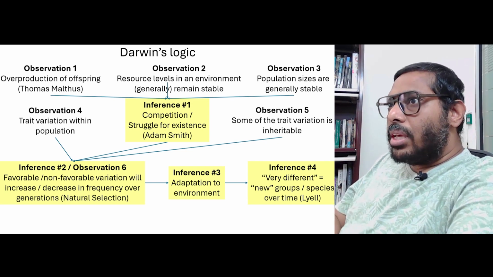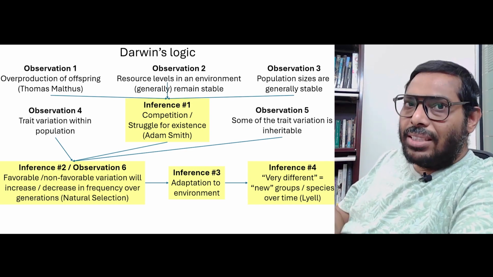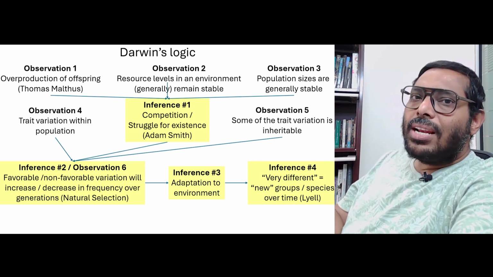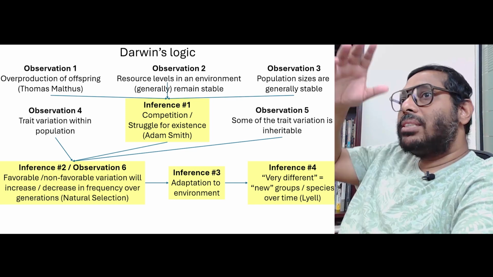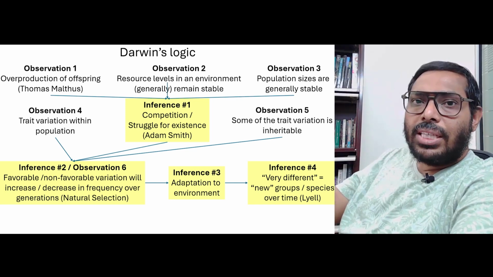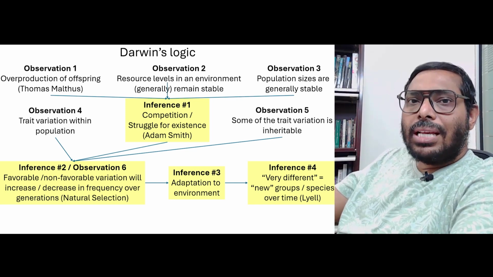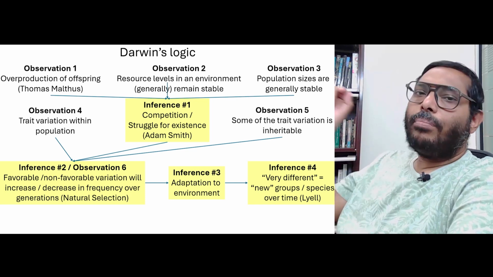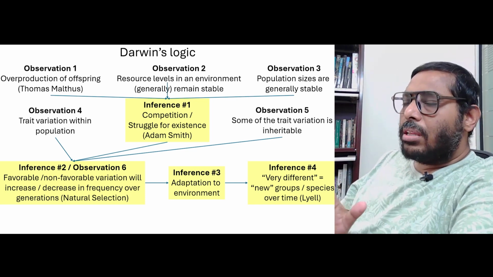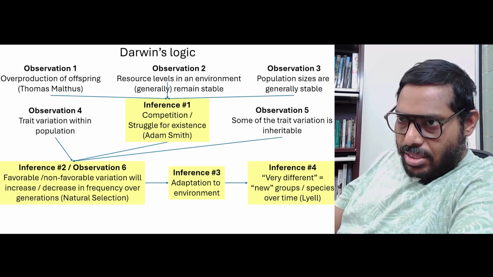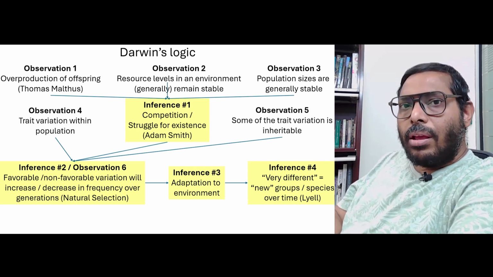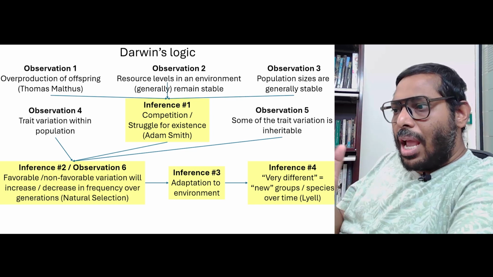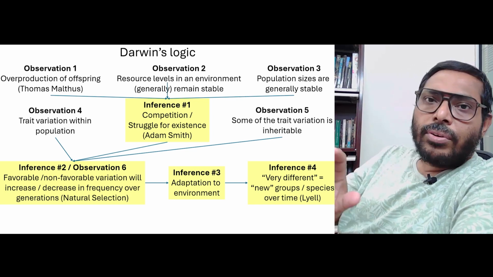So, in other words, if you see a big change, then you do not necessarily need to have a large action force to create that change. Maybe that change has come about due to small actions integrated over very long periods of time. So, this is the principle of uniformitarianism,